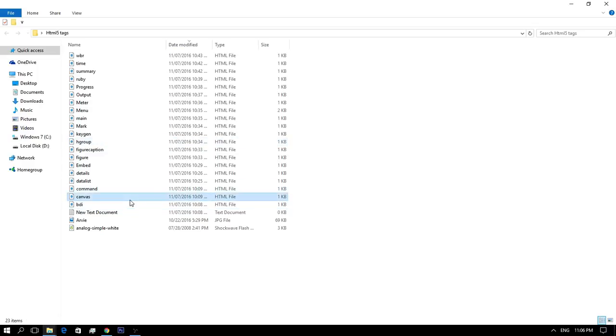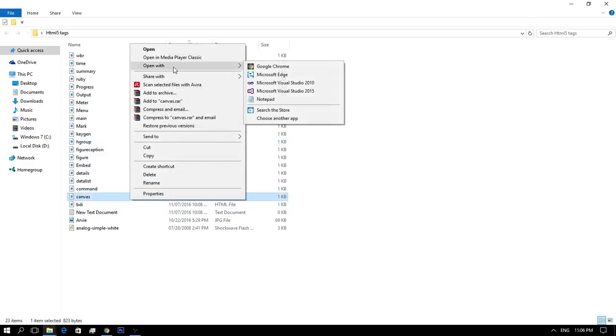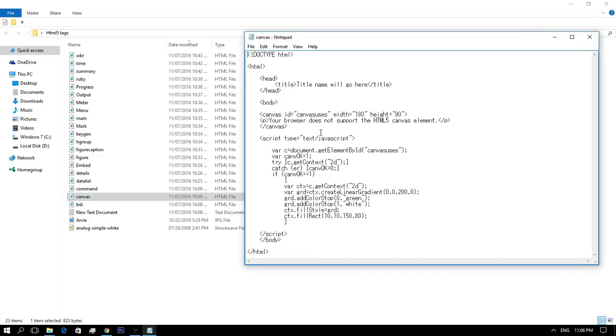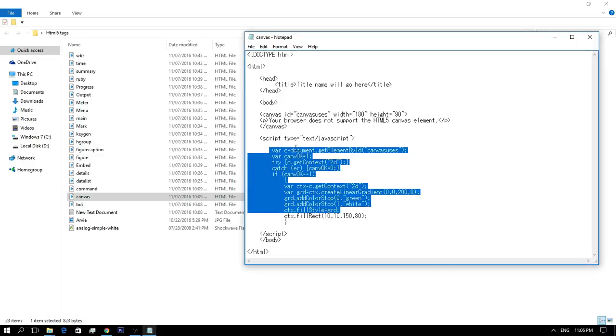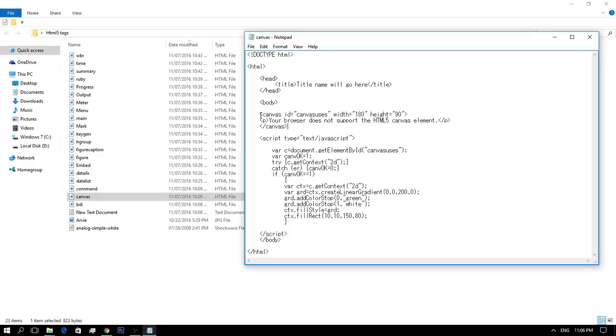So I have the example created. You can see I put the JavaScript here to run the canvas. When utilizing canvas, it's critical to understand the distinction between the canvas element and the canvas context. Often people get this confused.